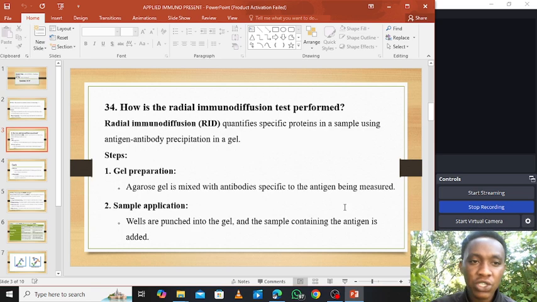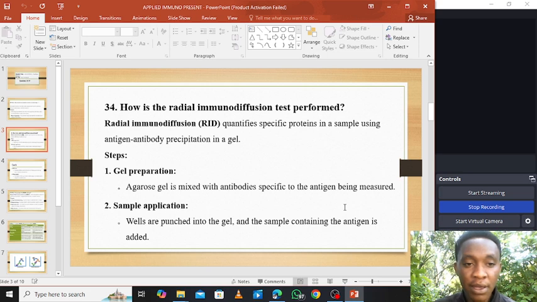Let's move on to the next question, which says: how is the radioimmunodiffusion test performed? Firstly, radioimmunodiffusion quantifies specific proteins in a sample using antigen-antibody precipitation in a gel. There are steps of this radioimmunodiffusion. Let's look at the first step, which is the gel preparation. The gel used here is agarose gel, and it is mixed with antibodies specific to the antigen being